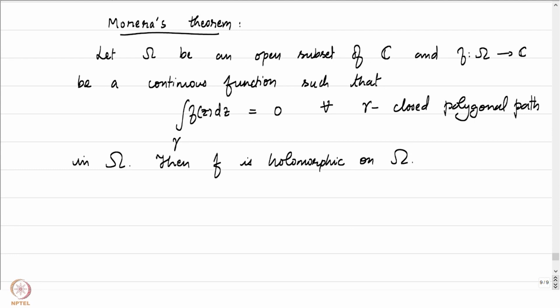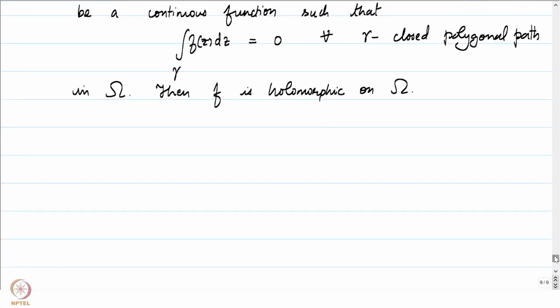A moment's thought will tell you that we are not doing much here, because if you go back to the second fundamental theorem of calculus with the added assumption of omega being connected, this ensured that we had an antiderivative which was holomorphic. We will certainly be using that, however, a little more work needs to be done. Even though the notion of holomorphicity has a global nature, the definition is local. So we will focus at some point z0 and a disk where we would like to discuss the holomorphicity.